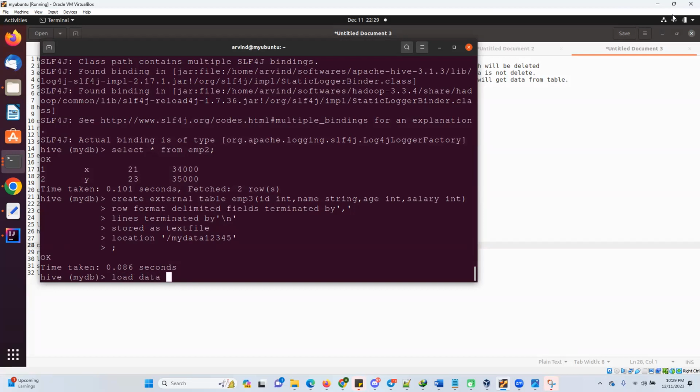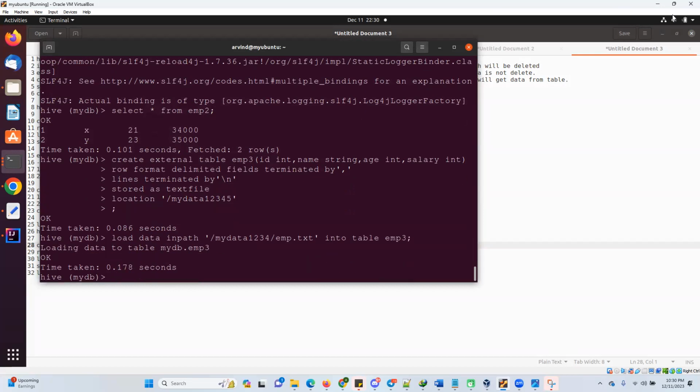Load data local inpath you will not use; you will use inpath and give the Hadoop location. What is the Hadoop location? My data 1, 2, 3, 4. What is the file name? emp.txt. What is your target table name? emp3. Into table emp3. See, this is loading data. Now if you do select star from emp,